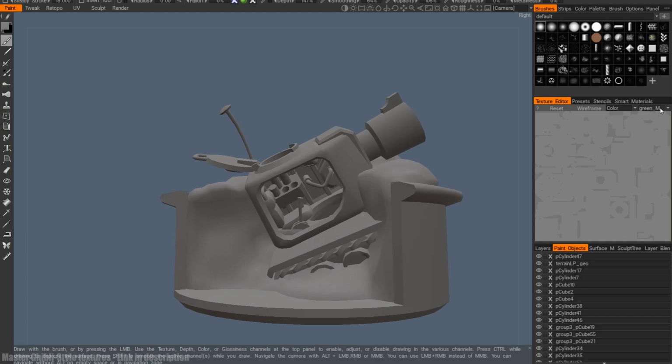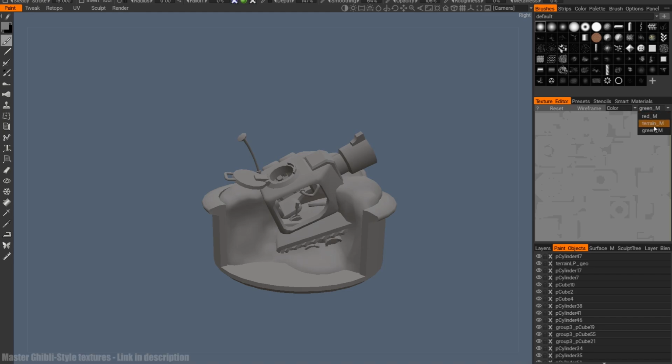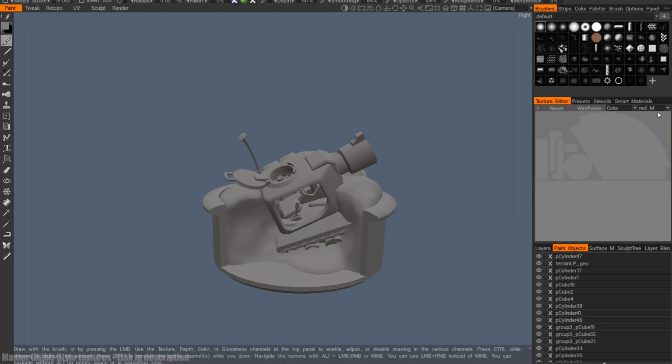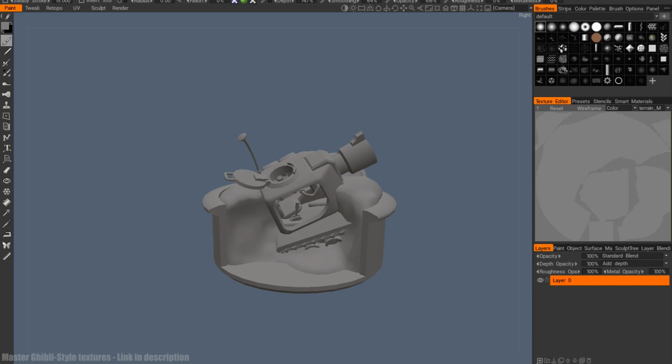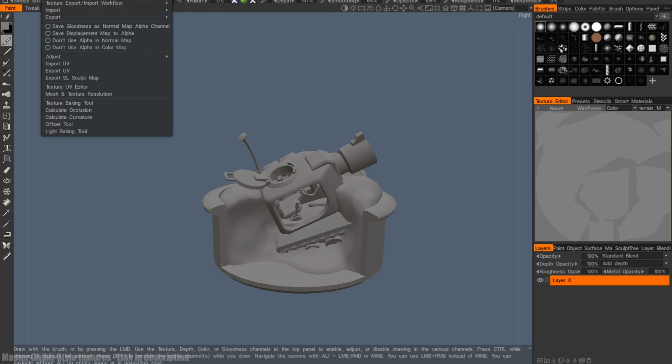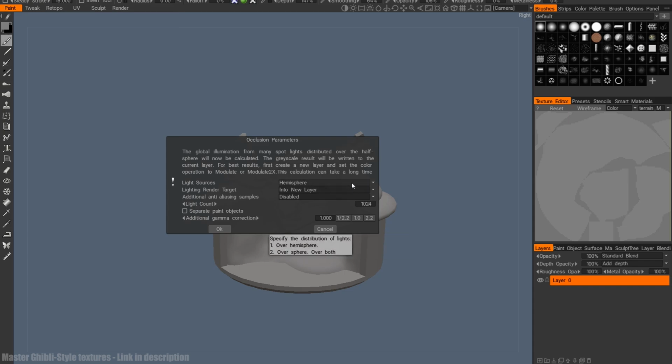Another thing I did was I applied materials to the different meshes that I want to share textures. So I've got a material for the tank, I've got a material for the terrain, and I've got a material for the tub. So you're going to need to set things up like that if you'll be painting multiple textures in the same scene. So when we've just got this blank grey texture to start with, my first step is going to be probably very similar to a lot of people that paint in 3D Coat, which is to go into your textures menu and then go calculate occlusion,